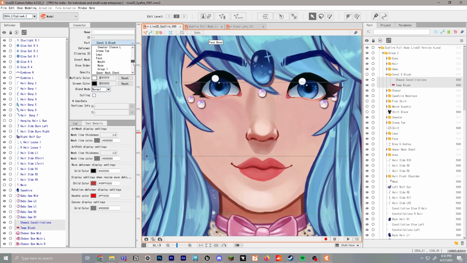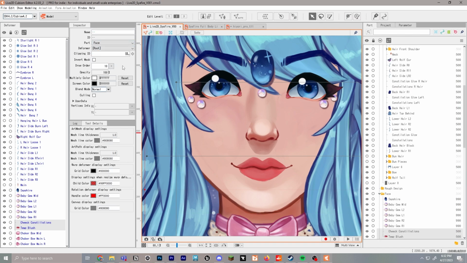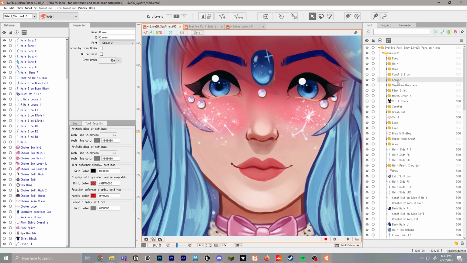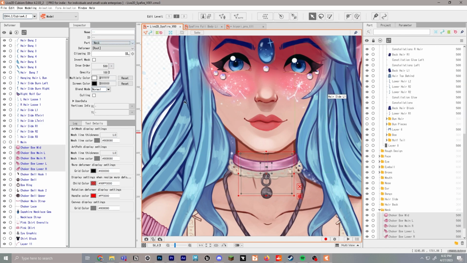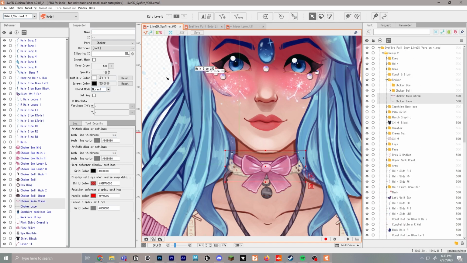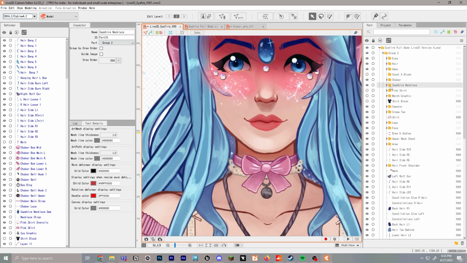For any facial expressions, we'll also put that on the face part, and I'll make sure that this is on top as well. It's gonna look a little freaky throughout, but that's fine, we're working on it. And because the choker is attached to the neck, I'm gonna assign it to the neck part. So we're gonna select all of these guys again, and we're gonna scroll down and select neck, and I'm gonna turn this to 1000 because I want it to be on top as well. We'll do the same thing with the other ones. We'll close choker.